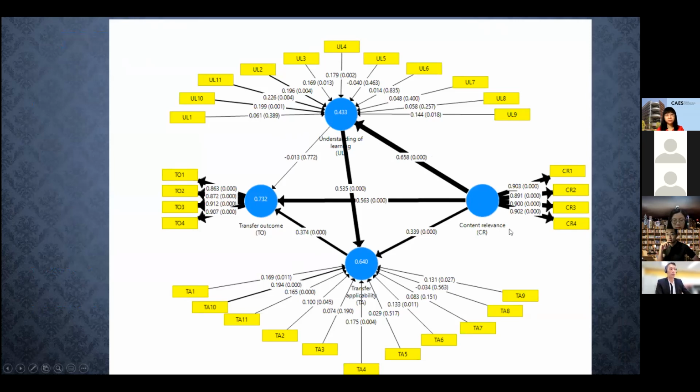We look at content relevance, which is how relevant our course is to their common core courses. We look at understanding of learning, how students perceive their level of understanding. We look at transfer or applicability, and we also look at what they think about outcomes. We use the e-survey data to find out these connections. As you can see, the thick lines mostly come from content relevance, so that is a key construct that drives the whole learning and transfer for students. Thank you.